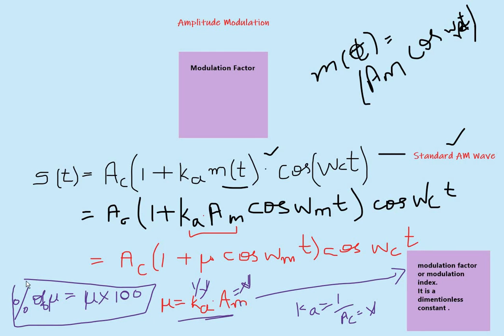Okay. Now one more topic we will cover in this lecture, and then we will move to the next class. The next topic is frequency domain description of AM. Till now, the equations that we saw were in time domain. The waveform that we were drawing was also in time domain, right? In the x-axis it was time, and in the y-axis it was amplitude. So the waveforms and equations that we saw were time domain. Now we'll see the frequency domain description of AM.